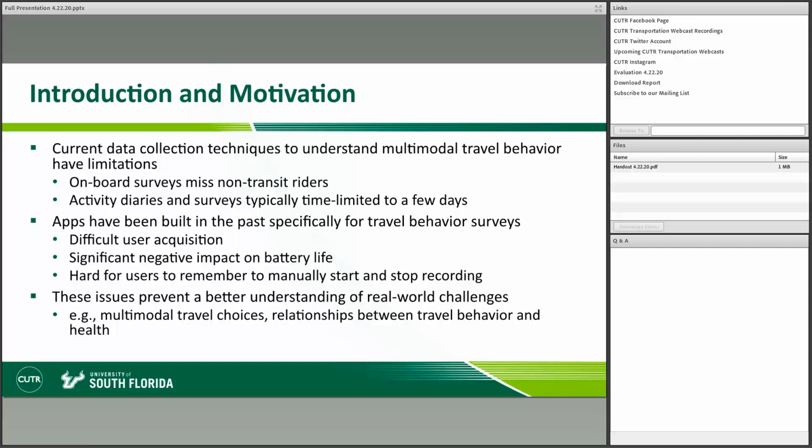If you're trying to do even just a passive version of an activity diary, so trying to have an app that runs in the background that records location data over time, in the past, these have had significant negative impacts on battery life. It costs a lot of energy to use things like GPS very frequently to record breadcrumb trails of exactly where someone is going.